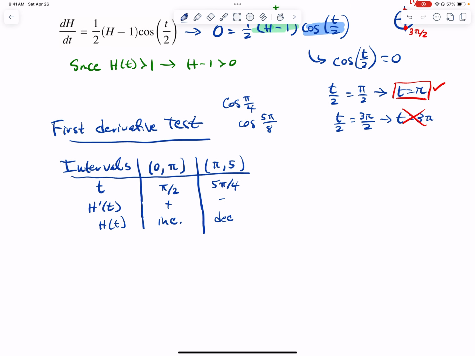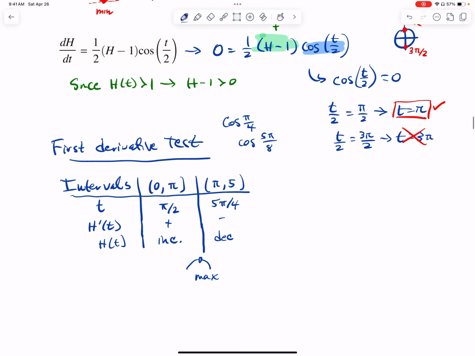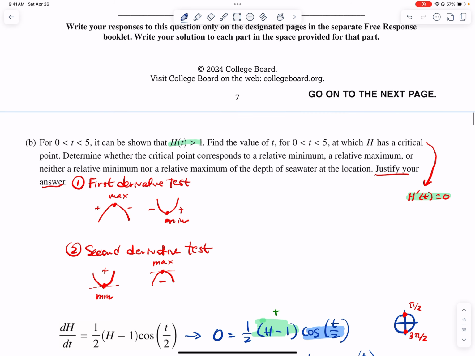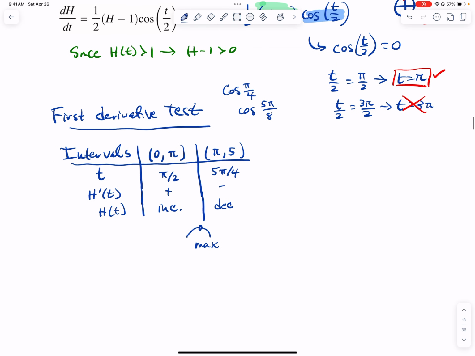And our function is decreasing. So I'm going from increasing to decreasing. I found myself a minimum. That is not what that is. It's clearly a maximum. All right, so right up here, because it does ask for justifying your answer,